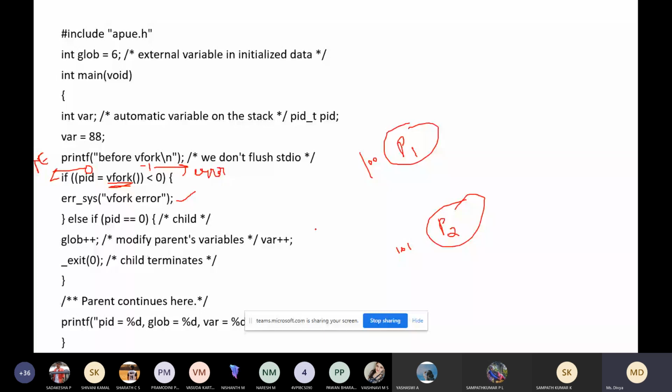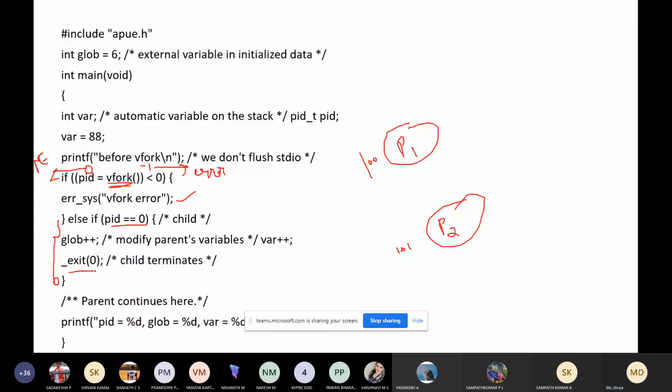Now it will return 0 if there is no error, so PID is equal to 0. What you can observe here is that this is the child and this is the parent, and in the child process we are calling the exit function.